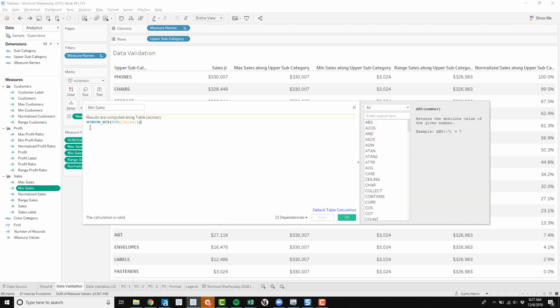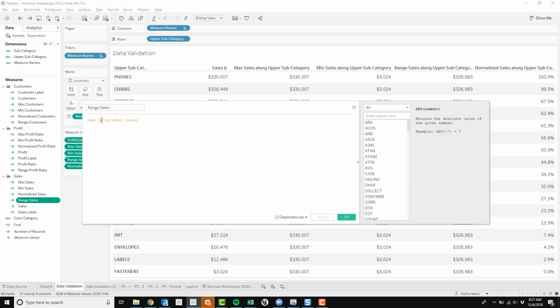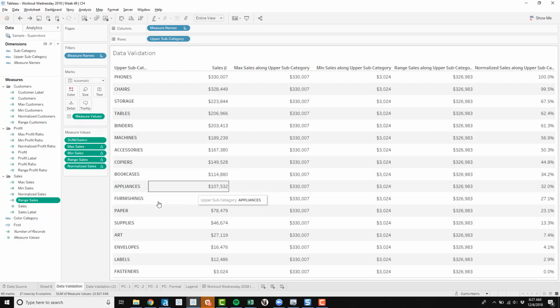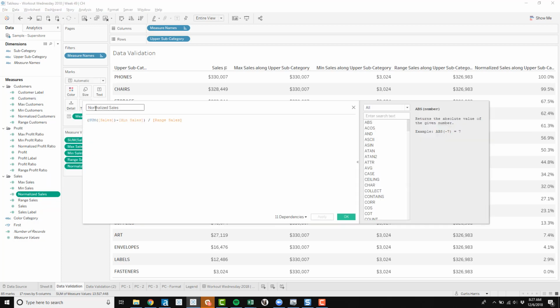So window min, sum of sales, same thing, to find the min. The range is simply those two calculations together, max minus min. And then the last step is just the normalized value. And I'm still not 100% sure why this works out. I'm not the greatest at remembering my math classes from high school, but the calculation reads, take the sum of